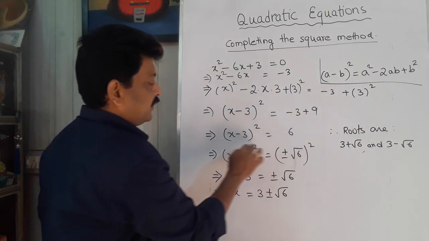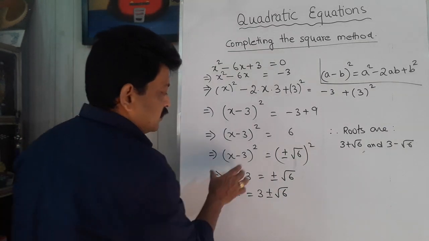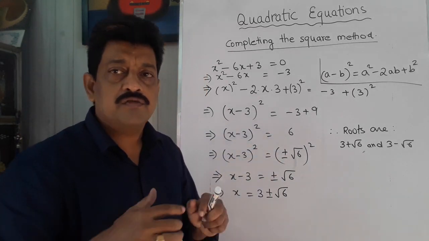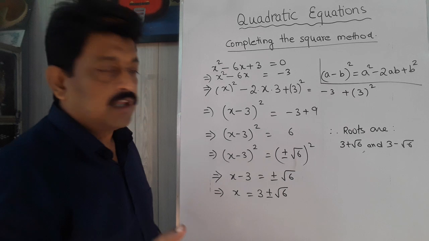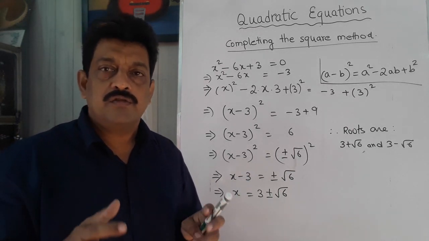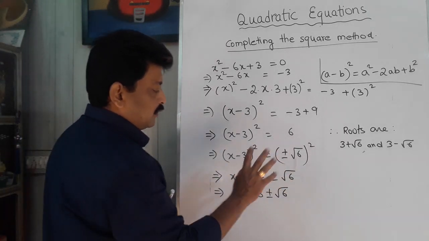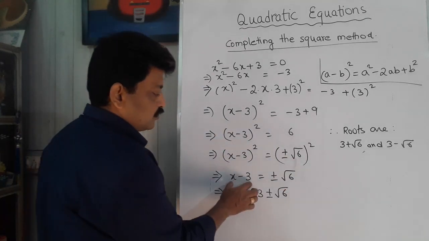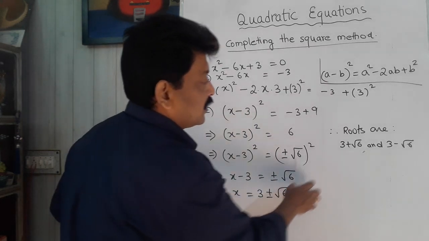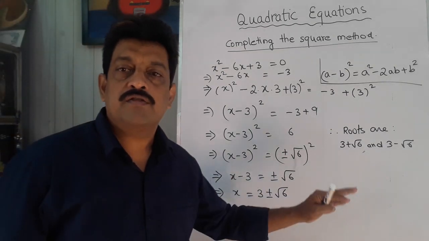and the right hand side we have to simplify. Then both the left hand side and right hand side we have to write in the form of whole square. Since it is already in the form of square, 6 is written in the form of plus minus root over 6 whole square. As we know that plus root over 6 square is 6, as well as minus root over 6 whole square is also 6. Therefore, now we have to remove the square from both sides. So we are getting two values of x. These are the roots. So roots are 3 plus root over 6 and 3 minus root over 6.